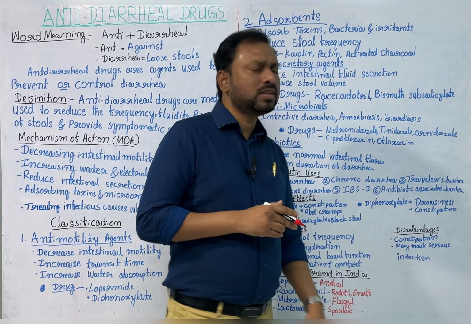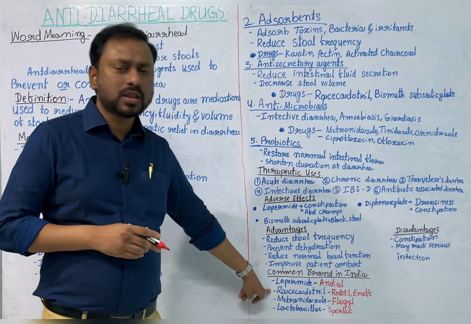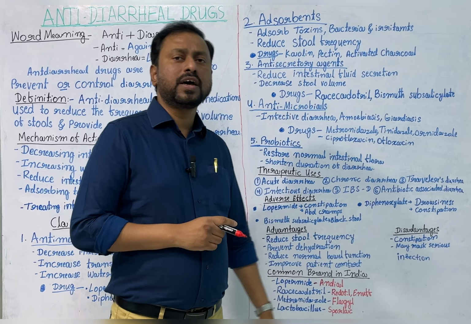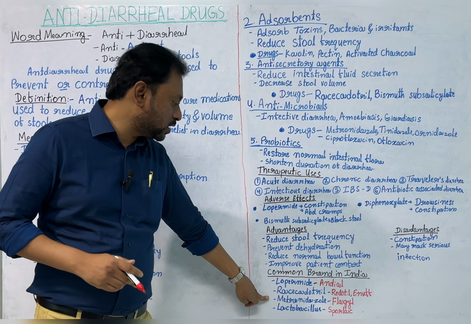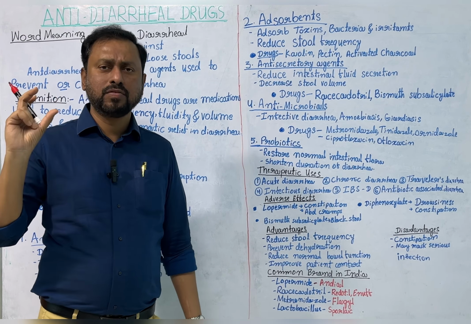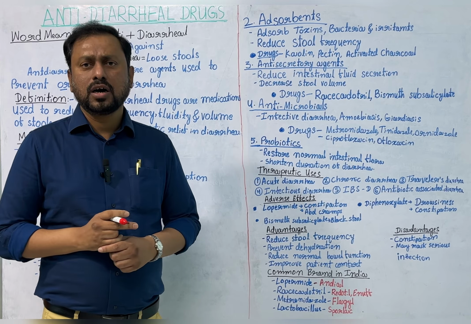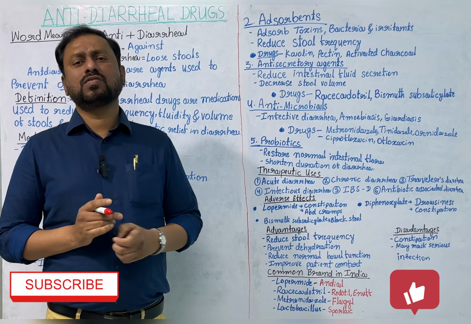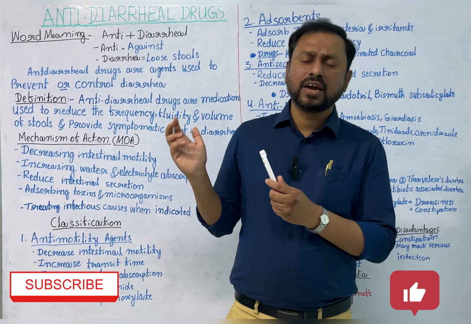Next, common brands available in India. The commonly used Loperamide brands are anti-motility agents. Loperamide common brands include Eldoper tablets, and Racecadotril. The common brands are Redotil, Resdot, or Enuff tablet, capsule and sachet. Next is metronidazole: Metro IV fluids, Metrogyl or Flagyl tablet. And next one is Lactobacillus. The common brands are Sporolac as well as Derolac. These are the common brands available for anti-diarrheal drugs.